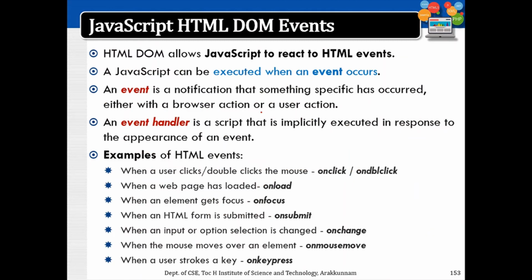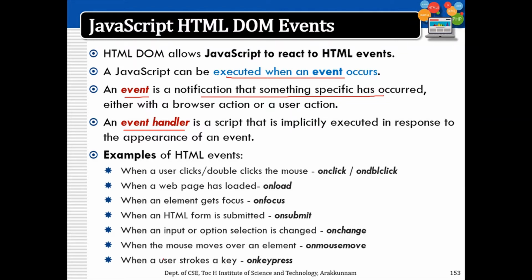Now we move on to the important part, which is events and event handling. So an event is nothing but a notification that something specific has occurred in your page. For example, if you click a button, if you enter some value into the text box, if the focus moves out of a certain control, all these are events. And an event handler is a function generally defining what to do when an event occurs. So the event handler is a function which is executed when an event occurs.